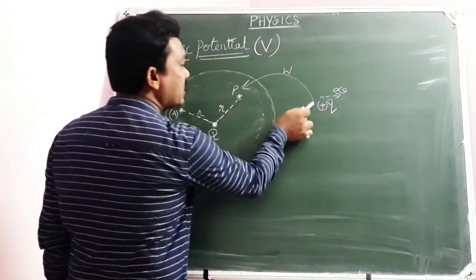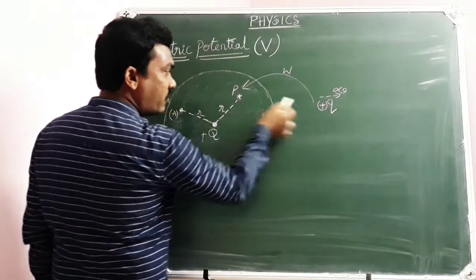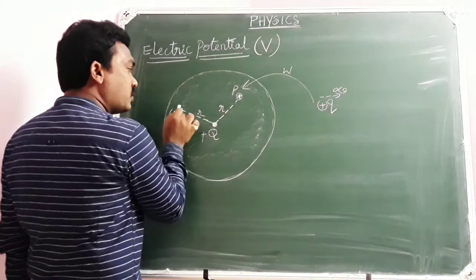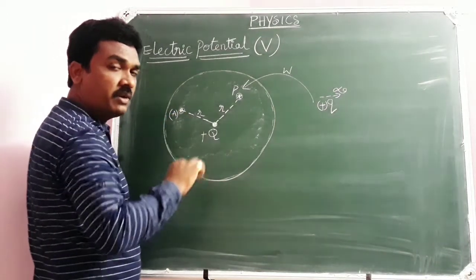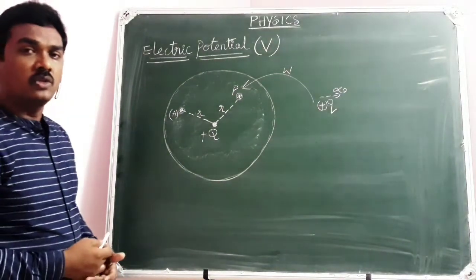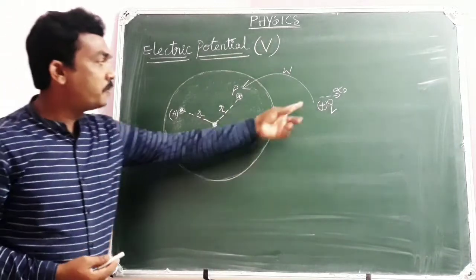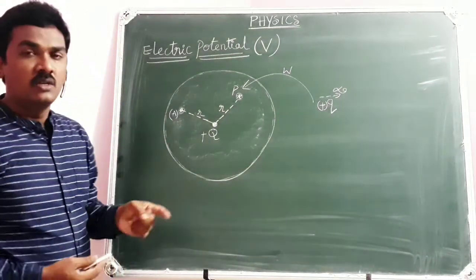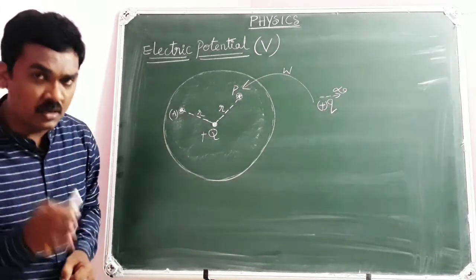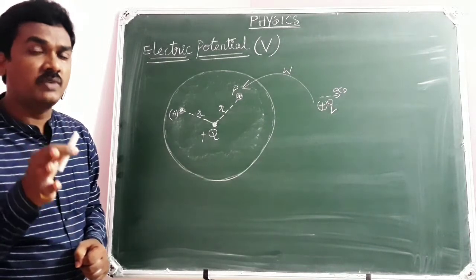Because in this situation it is from infinity to R distance. Earlier it was at infinite distance, now it is at R distance. Even when you take the test charge to this other point, it also means from infinite distance to R distance from the source charge. So the work done will be the same, which is independent of the path. Along which path you carry the test charge will not decide the work done. Work done is independent of the path here because electrostatic force is a conservative force.